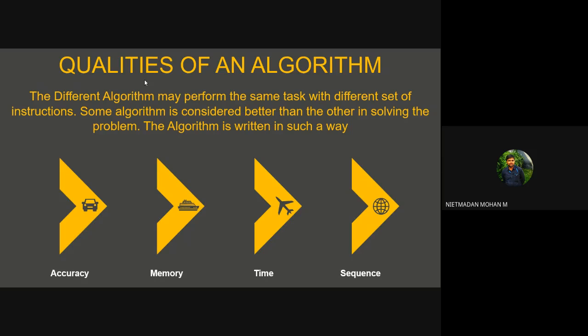That is accuracy. It should be an accurate output, and memory that will be stored. You can write an algorithm or type an algorithm and you can save those in memory also. And time for executing one particular task. That means one particular algorithm, that is the lines of code. If you are getting,